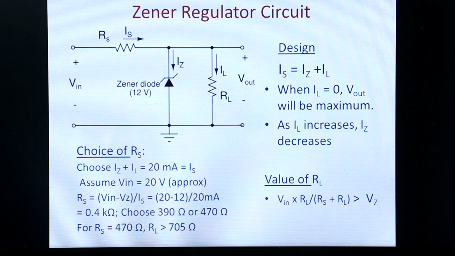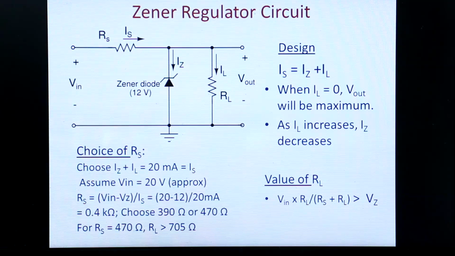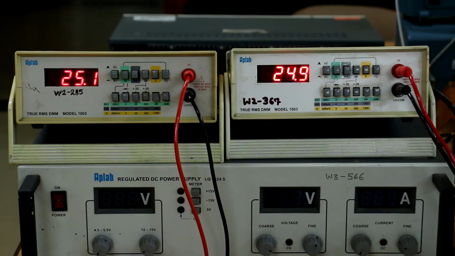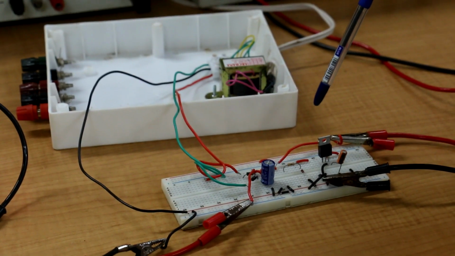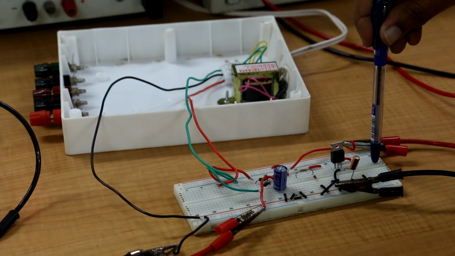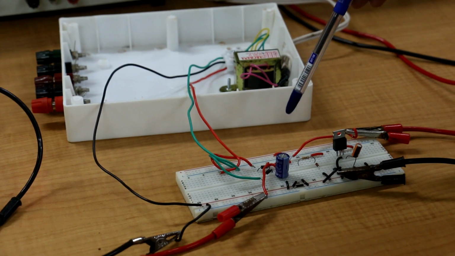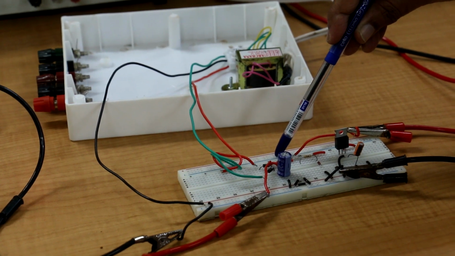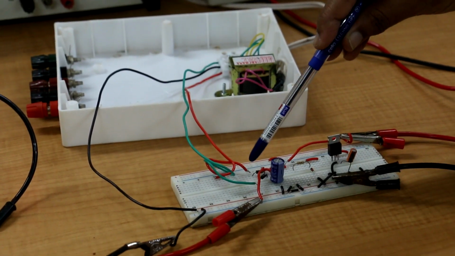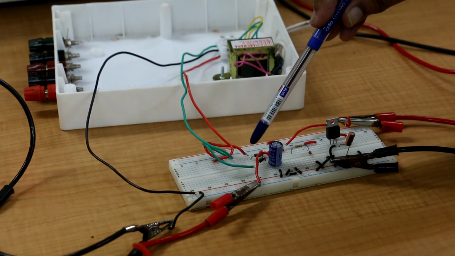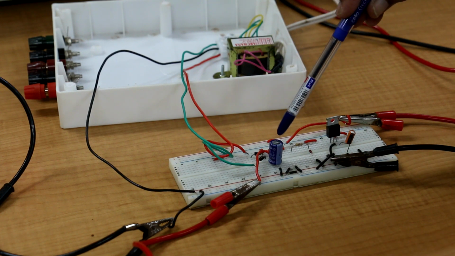So let's now look at the circuit and see what happens to the values. We'll see how both the Zener regulator and the IC regulator circuit work. But before we do that, let me first show you the unregulated circuit. We were talking about the problems of the unregulated DC power supply, and I want to show you that. What I have here is the circuit we did in part B, a 2-diode full wave rectifier circuit. I have the same circuit here.